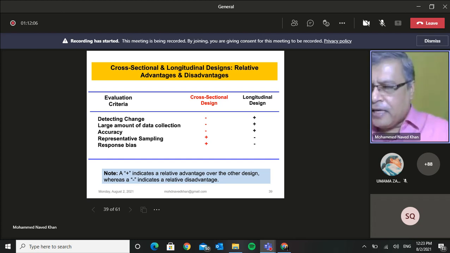If you want to generate large volumes of data, if you recall, I discussed that we can take liberties with our panel members. That is, those who are part of my fixed sample, I can approach them with a lengthy questionnaire. And this is what we mean when we say a large amount of data collection is possible in this case.